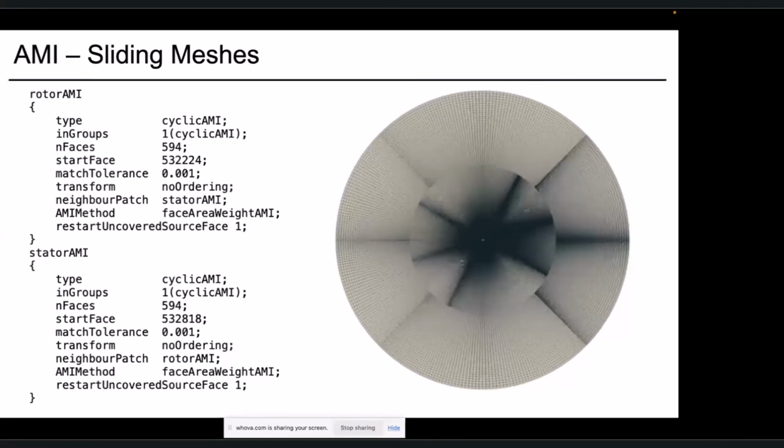But of course, it comes at the cost of interpolation errors, and the motion can be described as the AMI, cyclic AMI type of motion, where we have to actually mention the neighbor patches, which is very important. So for each of these rotor AMI and the stator AMI cases, I have to mention